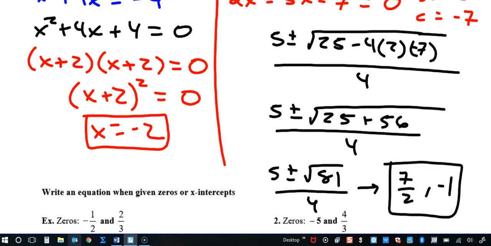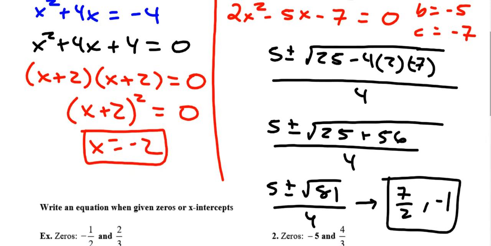Okay, so for this example, you should have gotten 7 over 2 or -1 as your solutions. Now, I did quadratic formula. You could have factored this. Your factors would have been 2x minus 7 and x plus 1. Okay? So it's really personal preference if we give you that choice. So if you factored this, you could have also gotten to this answer. All right? All right, let's look at the next